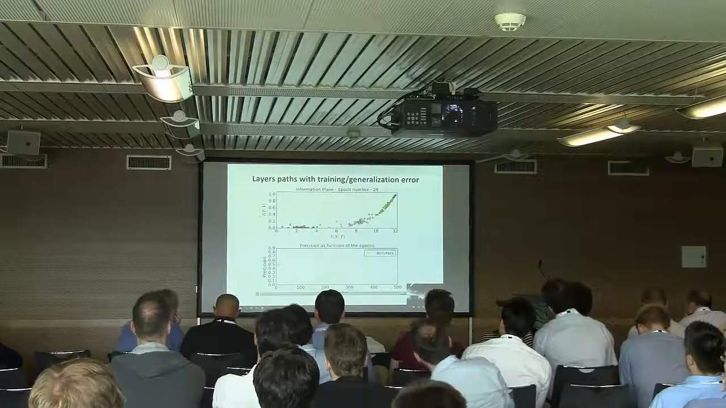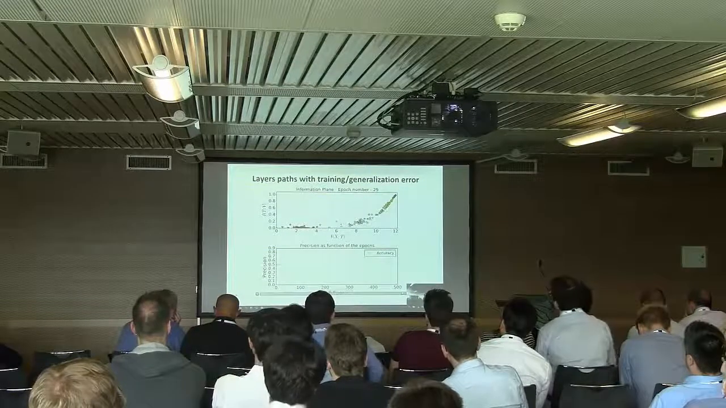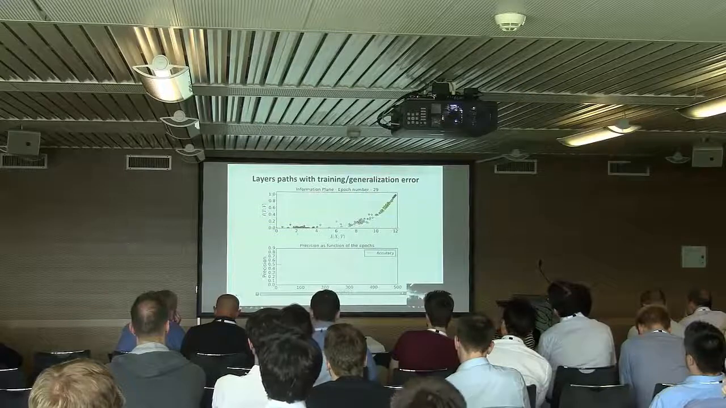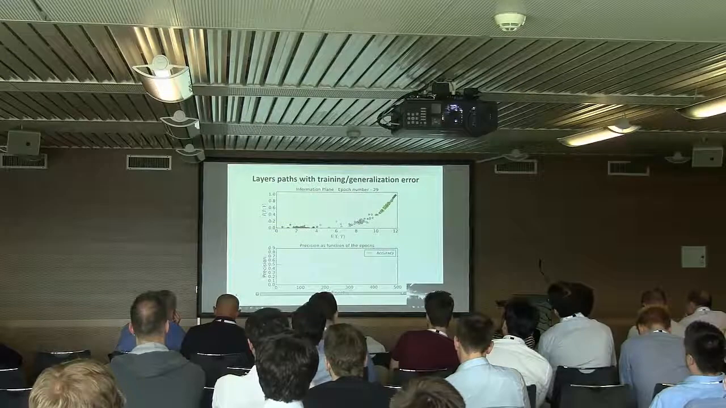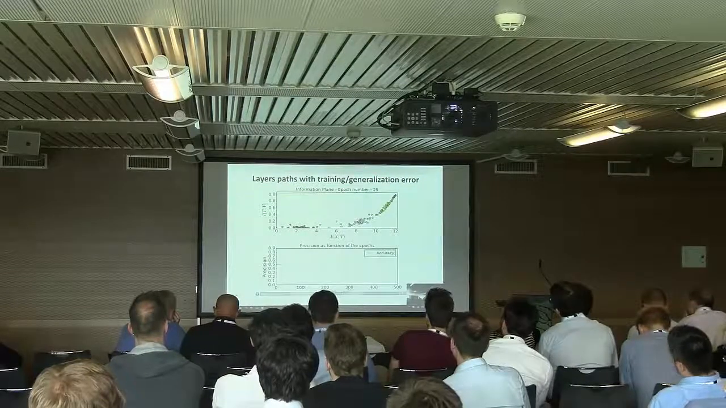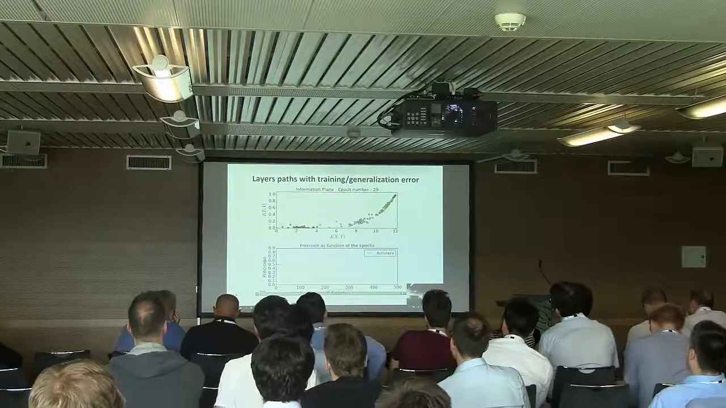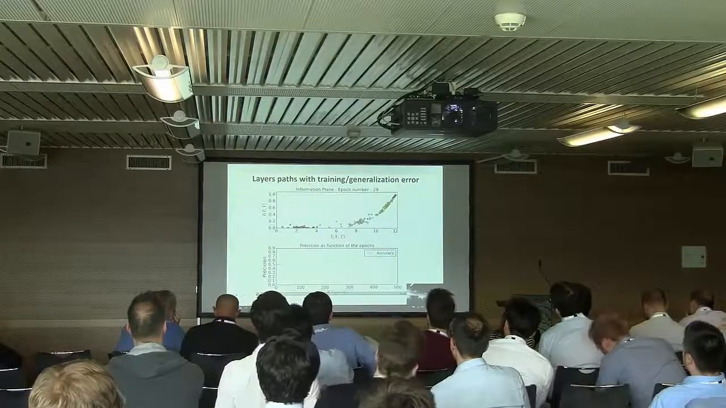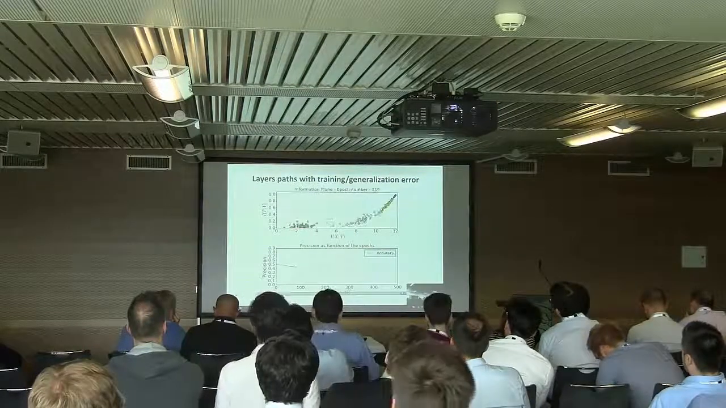So again, the reason I argue that we have compression is because there is some sort of saturation of the error. So let's look at the same video again of the information plane evolution of trajectories together with the training, actually this is generalization error. And what you see here is that